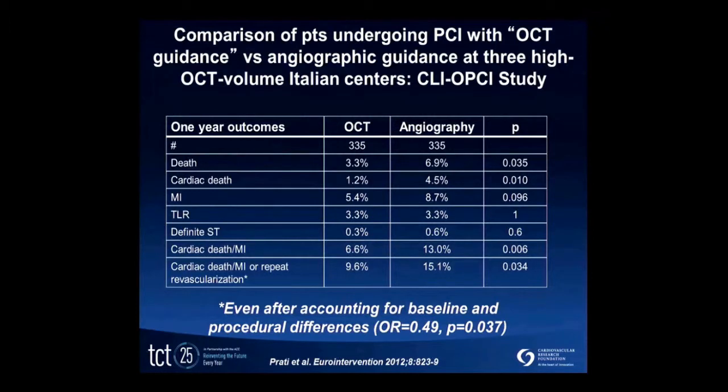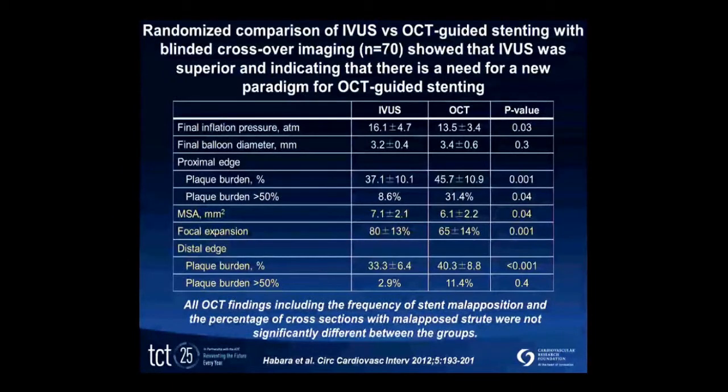This is a study from Prati in Rome, where they compared angiographic versus OCT guidance, showing findings similar to what I just mentioned with IVUS. But again, looking at what study is the best study to pick when doing an IVUS guided or IVUS endpoint study, there's only one head-to-head comparison from Japan and a small number of patients, suggesting that at least today, with the data that we have currently available and the knowledge that we have as to how to use IVUS and OCT, IVUS is the primary technique of deciding, of using in a stent